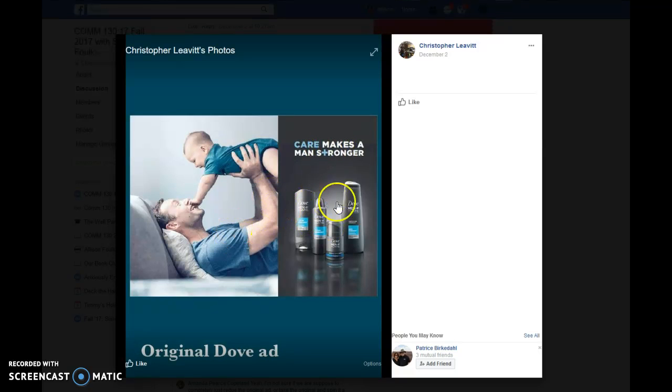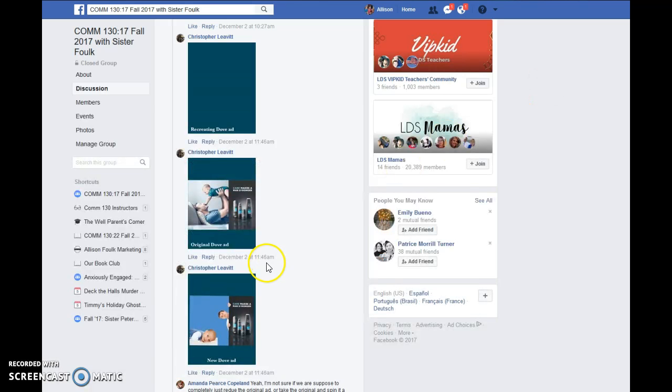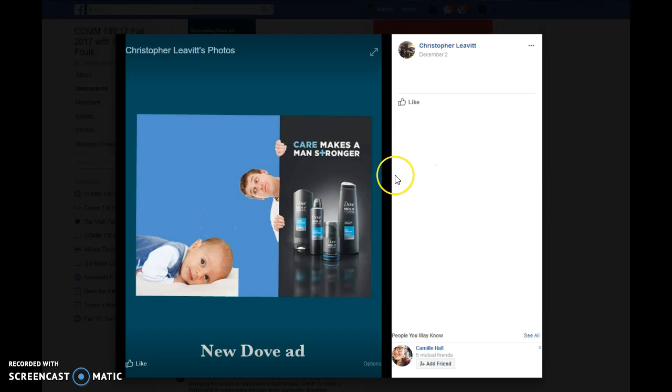Cool. Okay. I like this ad. It's kind of neat how it's following the rule of thirds a bit, maybe a little bit off, but it has the messaging over here and then a cool image. So let's see your spin-off on this. Care makes a man stronger. Okay. I like how you kept this similar,